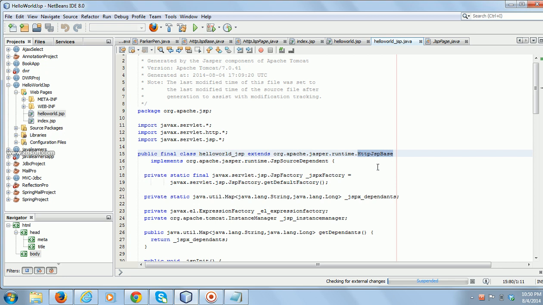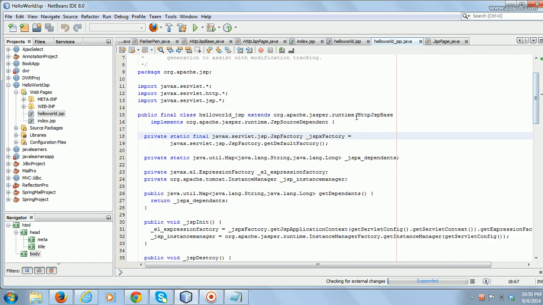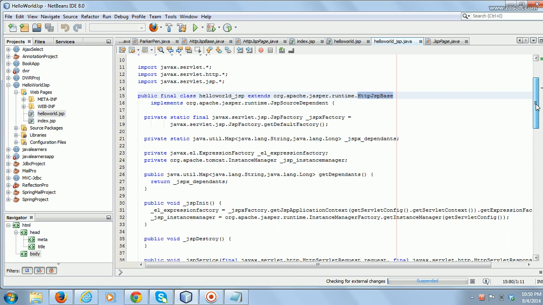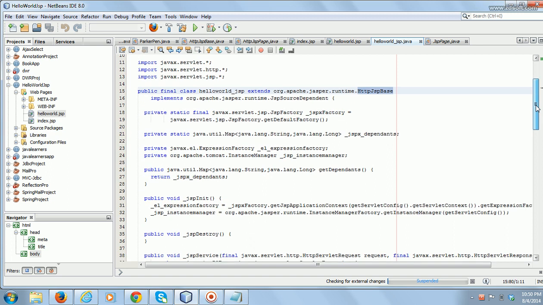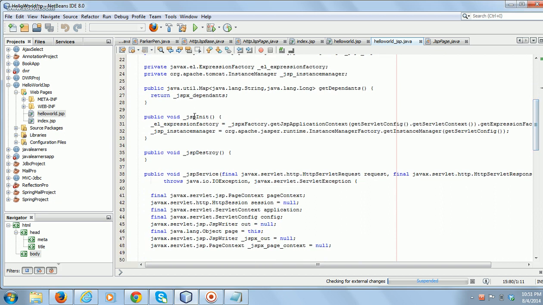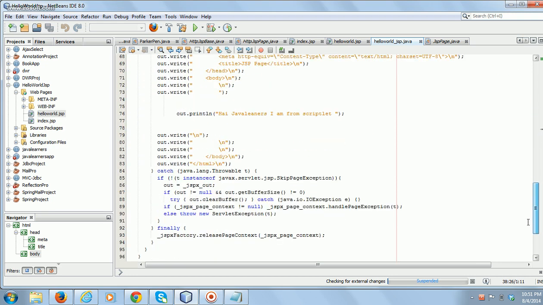as well as the HttpJspPage interface. Since it already implements HttpJspPage, it contains the methods _jspInit, _jspDestroy, and _jspService.